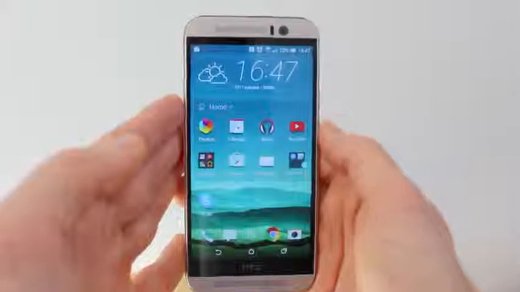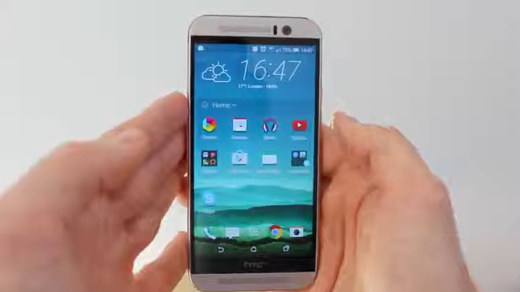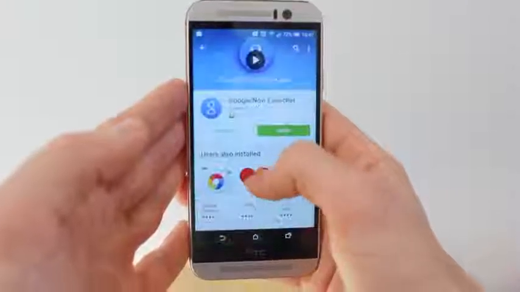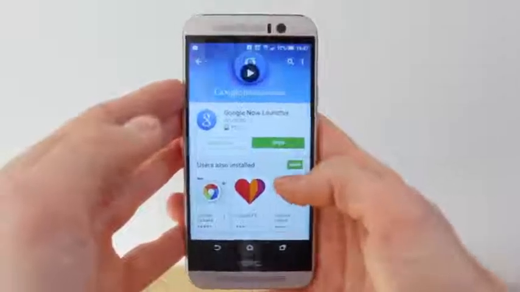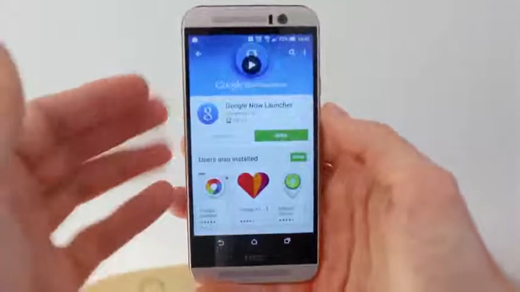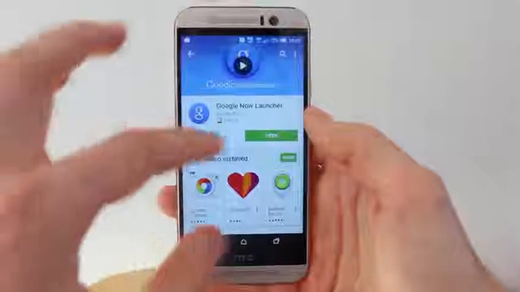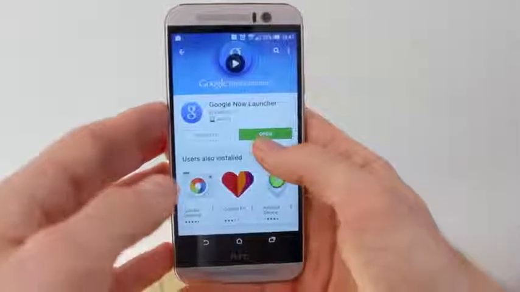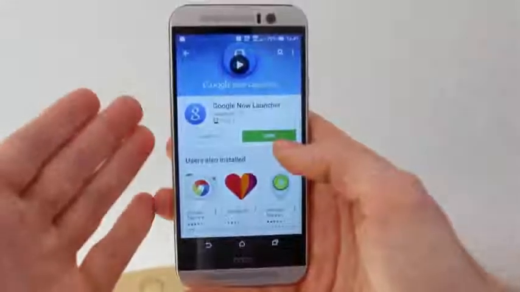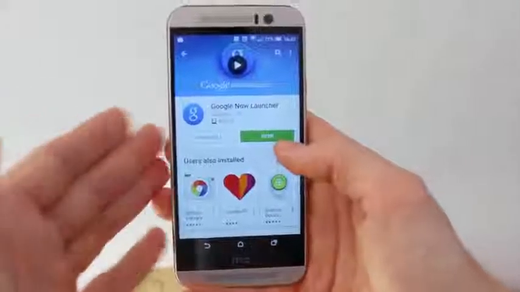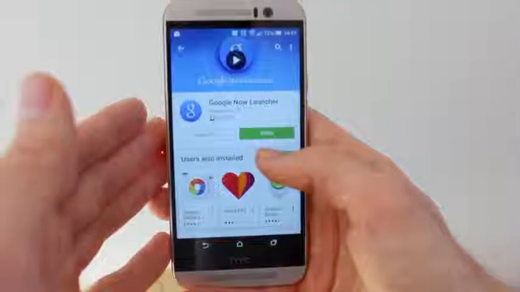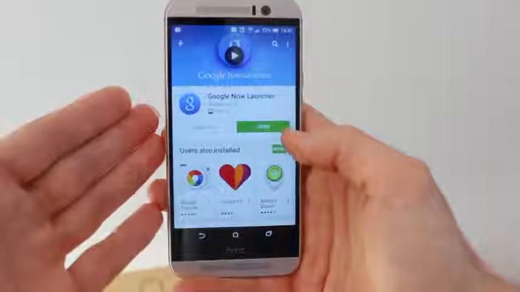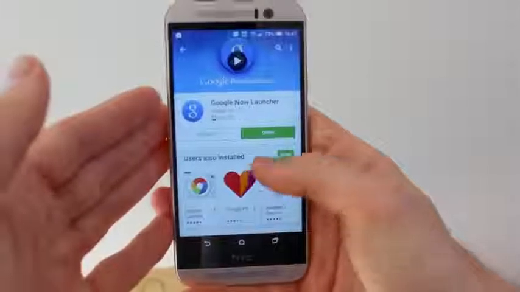on Android Lollipop. To do this, first you need to get the Google Now Launcher on your device. So you go to the Play Store and you search for Google Now Launcher, which I've already done here. When it gets to the Google Now Launcher screen, if it says open or uninstall, then that means you've already got Google Now Launcher and you don't need to install it again. If it says install, then you want to install the Google Now Launcher, and then when you've got it you